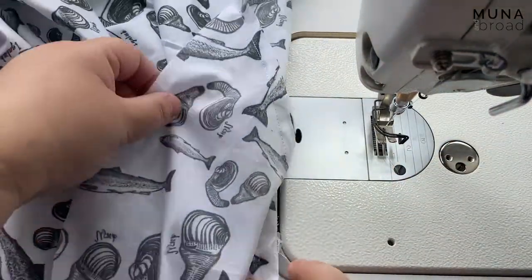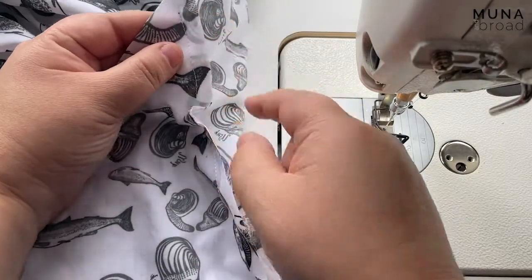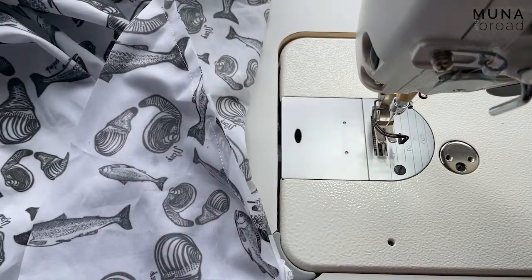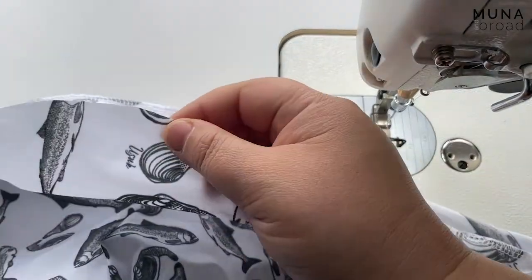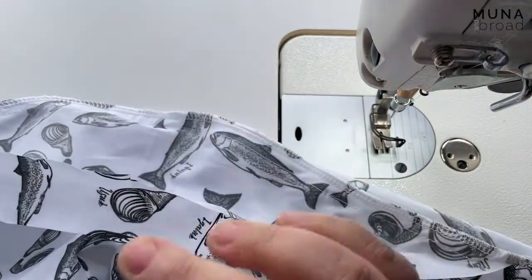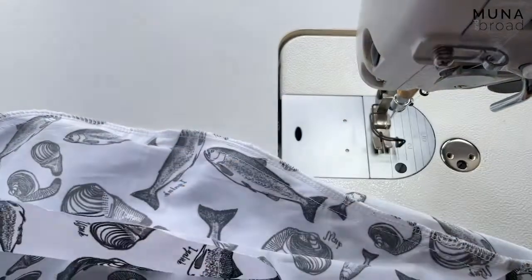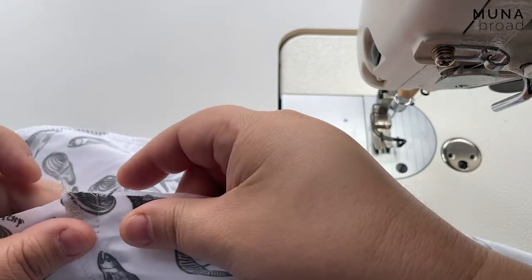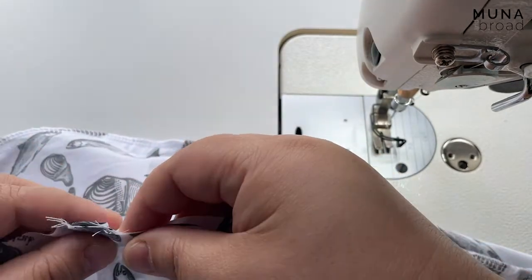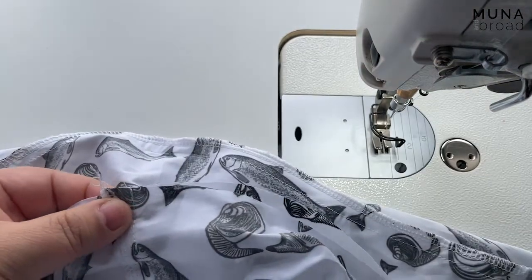Okay, so now what I'm going to do is I'm going to finish just this portion, just the bit where I sewed, and then I'll be back. Okay, so I've done that. I've finished that edge, and I'm going to find the other notch on the other side of the gusset, and I've already sewn the center back seam. This is the crotch, and I'm going to match the crotch seam up with the gusset. Pop a pin in it,